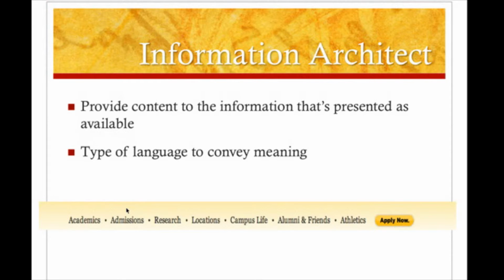More on information architecture, we also want to provide content for information that's presented as available. So if we have navigation that includes academics, admissions, research, or locations, we want to make sure whatever we provide on that navigation page is backed up with information that's going to be available to the users. So if they click on location, we want to make sure that we have locations in there, the address, maps,